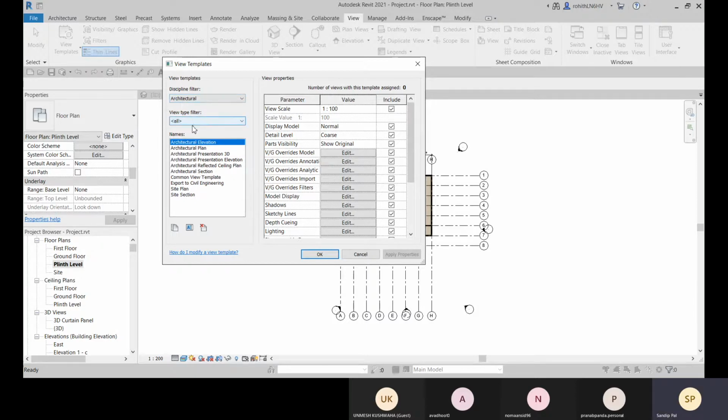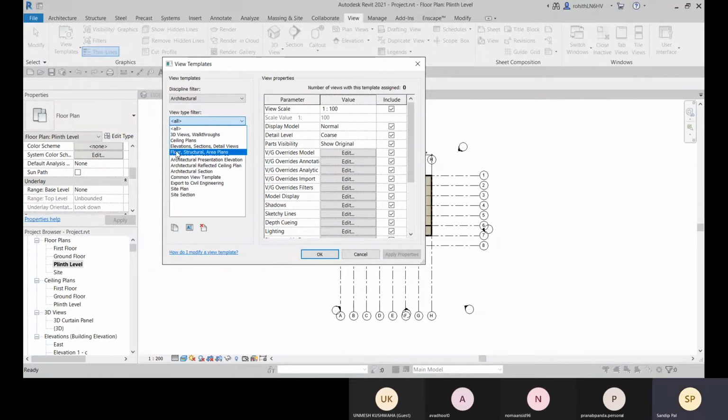You can also make it view specific, so for that go for the View Type filter, like for 3D views or for floor plan or area plan only. If it is for all, then you can choose all. For ceiling views, for elevations, you can make it for a particular view type.